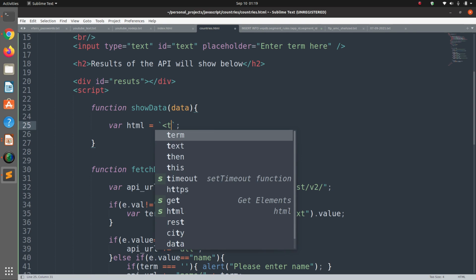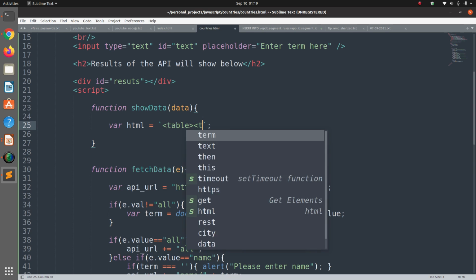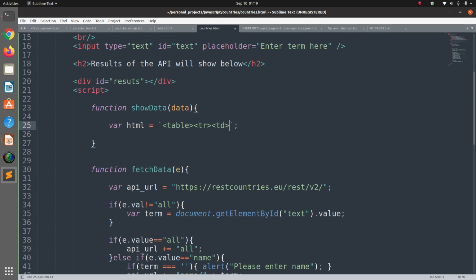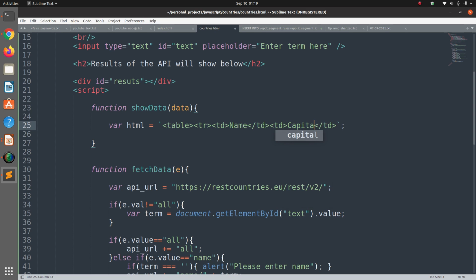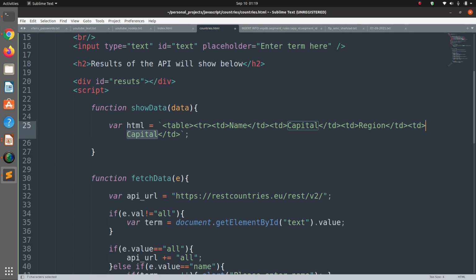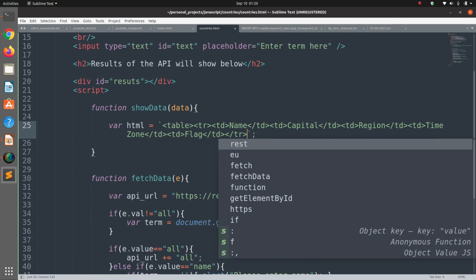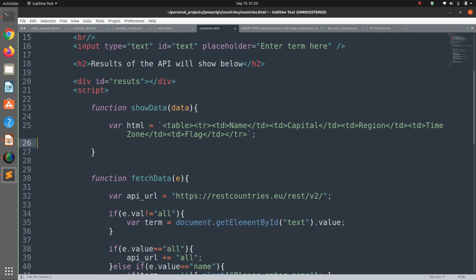So here we are going to have some table, and we're going to have a row and a column. The first column will be name, the second column will be capital, and the third column is region, the fourth column is time zone, and the fifth column is flag. This will be the image. That's our column headers, and now we are going to